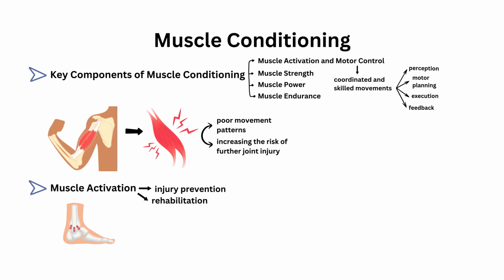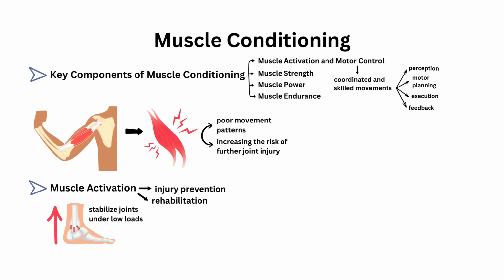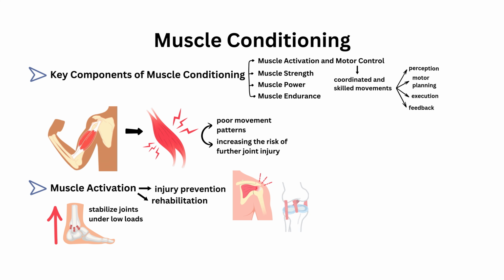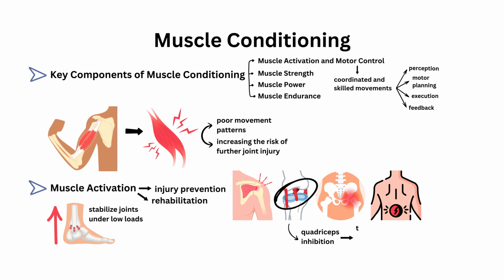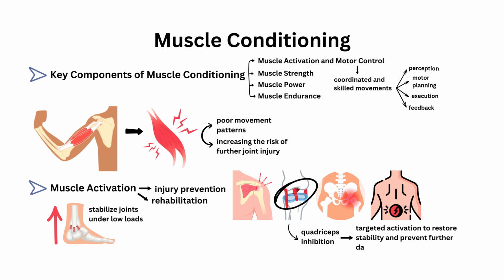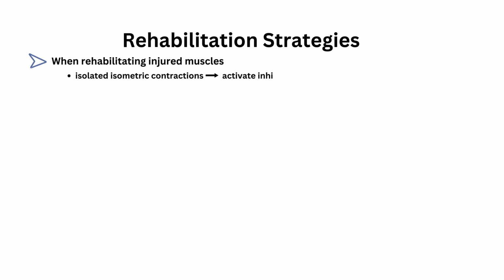Passive structures like ligaments can stabilize joints under low loads, but once the load increases, muscle must take over. Injuries in areas like shoulders, knees, pelvis, and the low back require motor control focused rehabilitation. For example, in anterior cruciate ligament injuries, quadriceps inhibition is common, highlighting the need for targeted activation to restore stability and prevent further damage. When rehabilitating injured muscles, we focus on isolated isometric contractions to activate inhibited muscles, such as